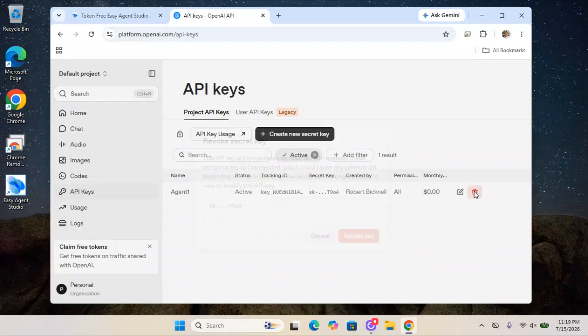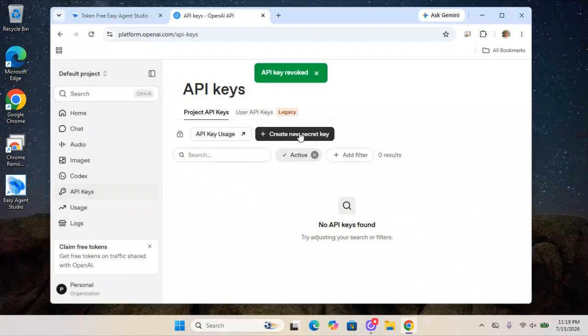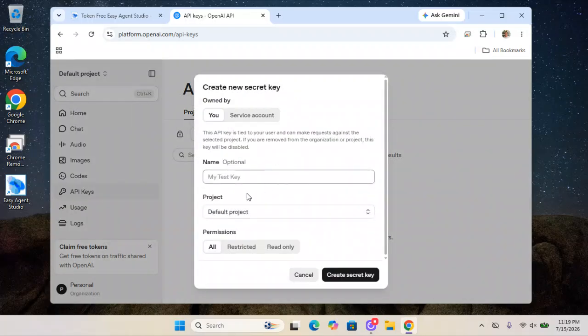So I'm just going to delete the previous key. I'm going to revoke it. And then I'm going to just do create new key. And then I'm going to come up here and I'm just going to call this agent 1. And then I'll leave it the default project and I'll leave it as all and I'll do create secret key. But before I do that, let's go back into our